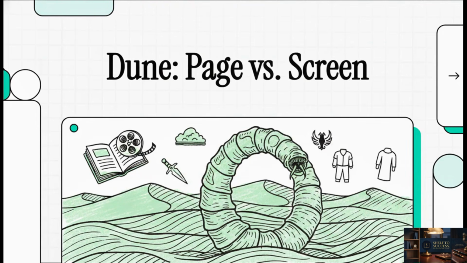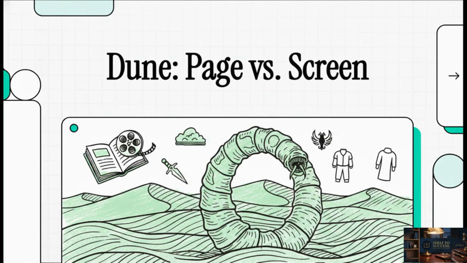Today we are tackling a genuinely massive, literal desert-sized topic, the incredibly complex and fascinating adaptation of Frank Herbert's sci-fi masterpiece, Dune. For decades, fans have debated, dreamed, and honestly theorized about how to perfectly capture the sprawling sands of Arrakis. Denis Villeneuve finally gave us this awe-inspiring, epic realization with his two films.